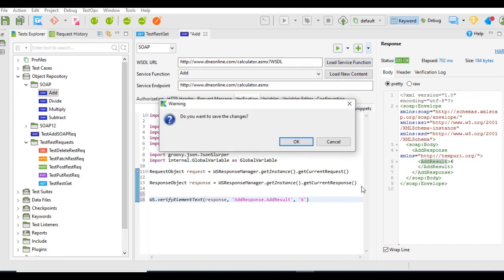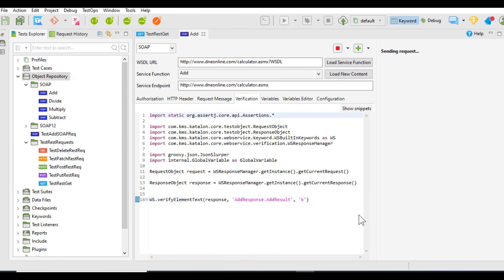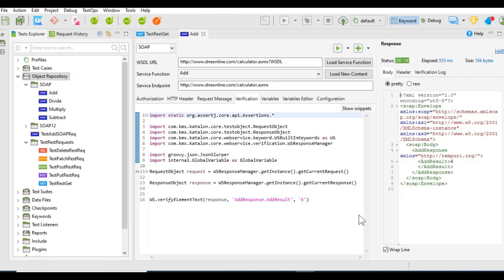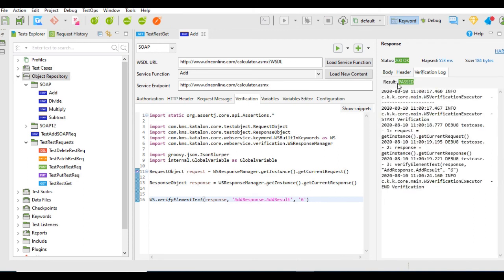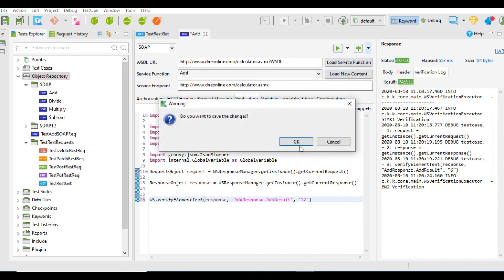So we can execute this request by clicking on test request and verify, and I have got the response that the status of this response is 200 OK. And if I go to verification log, the verification is passed because the actual and expected result are the same. Now if I change the expected result to 12 and execute this request, what will happen?